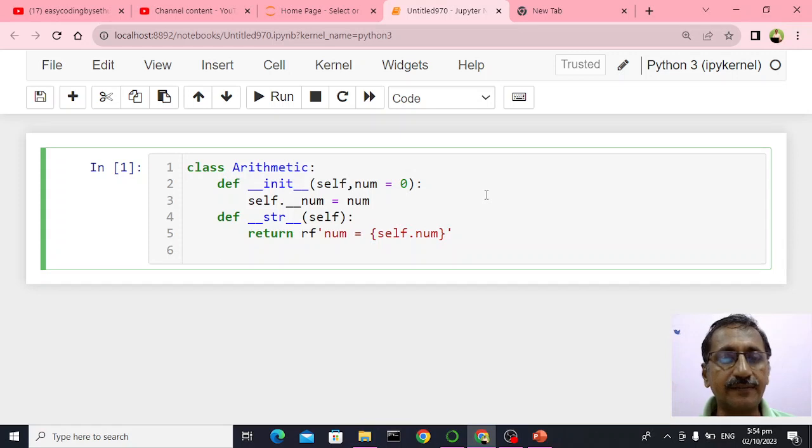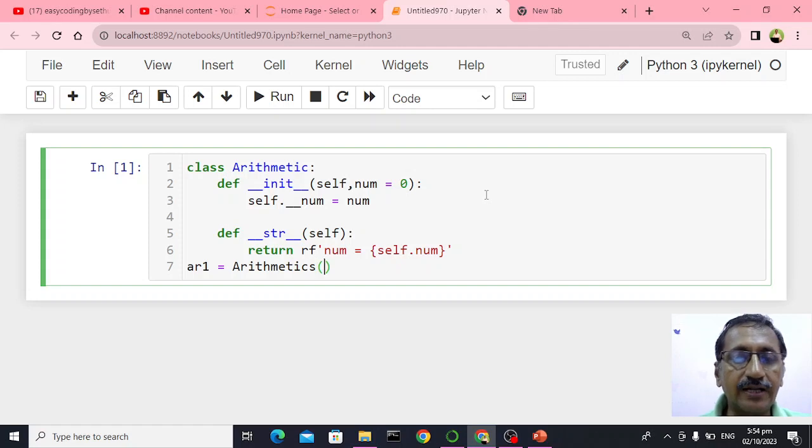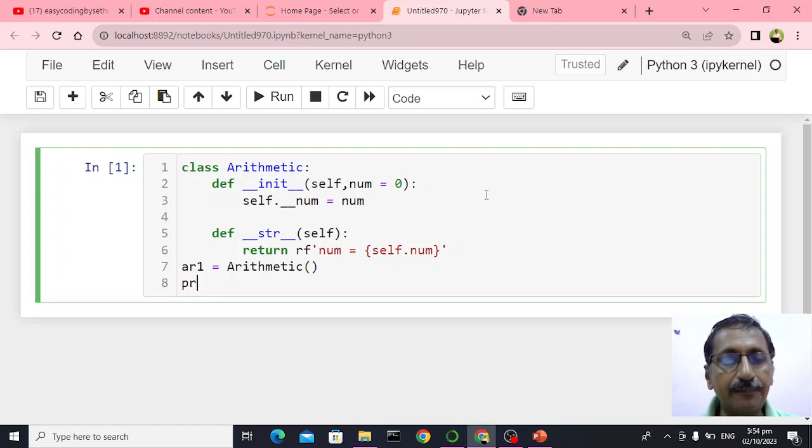So what does it mean? I'll just create an object of this particular class. Let us call ar1 is equal to arithmetic. Now if I just say print ar1,